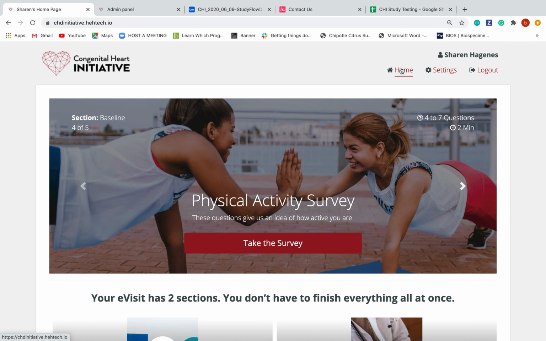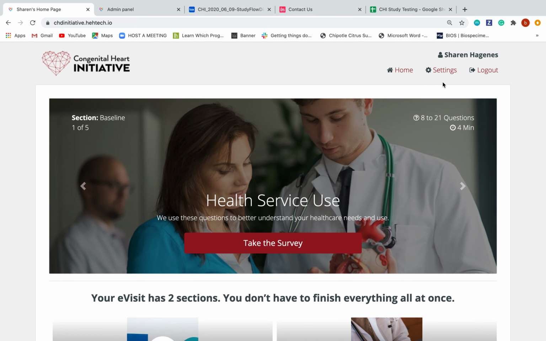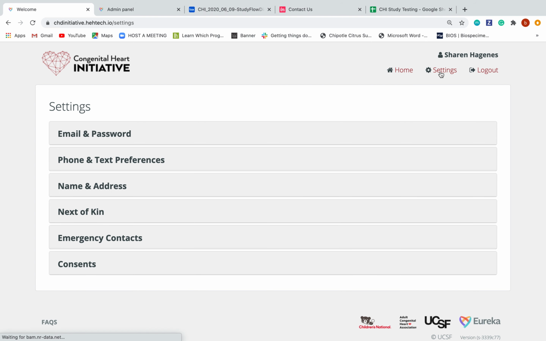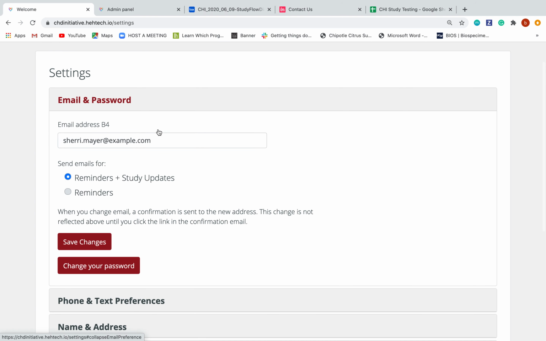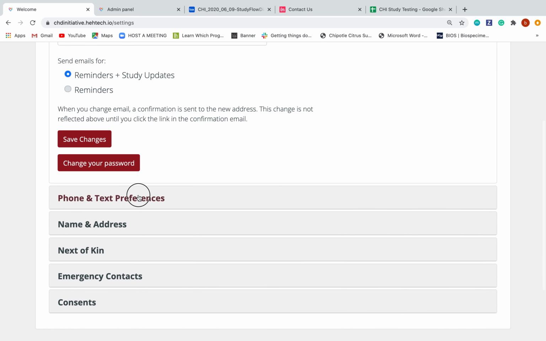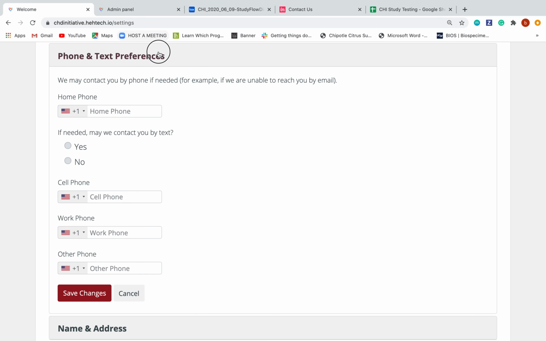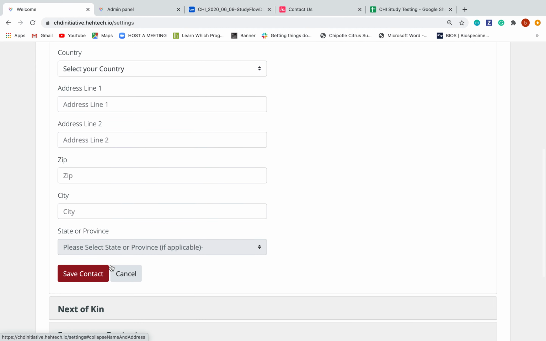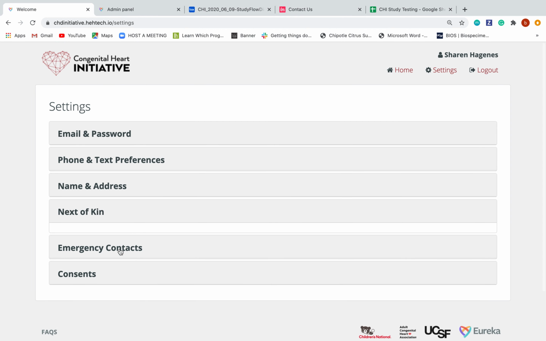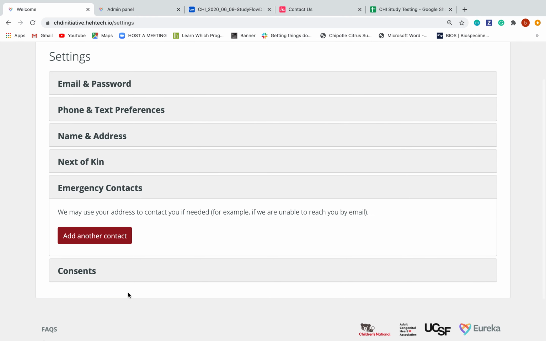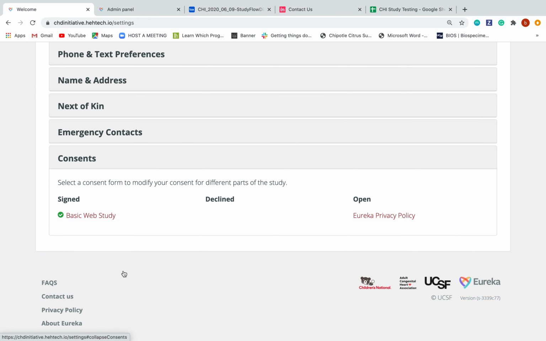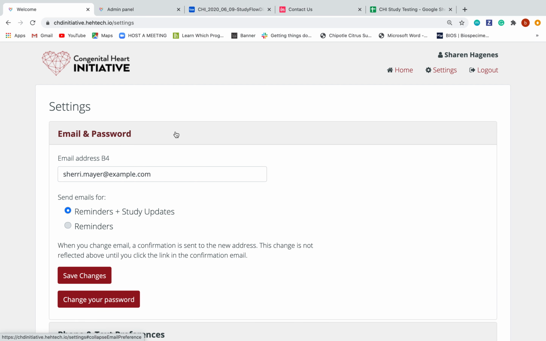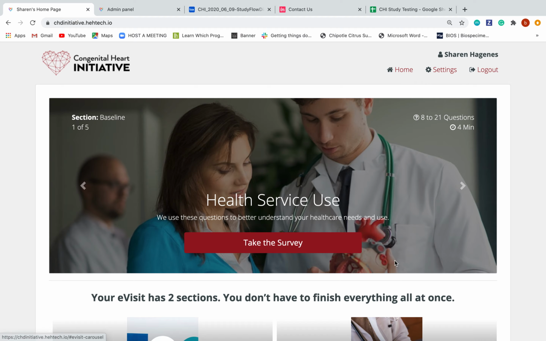Also here in the home page, you have settings, which is the participant settings. They can see their email address, phone and text preferences, although phone is not required, so that's why this field is empty. Name and address, next of kin, emergency contacts, and their consent form that they signed, or that they agreed to because it's an e-consent. Okay, you can go back to the home page,